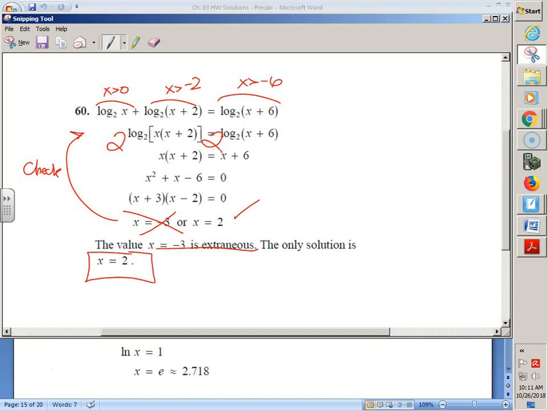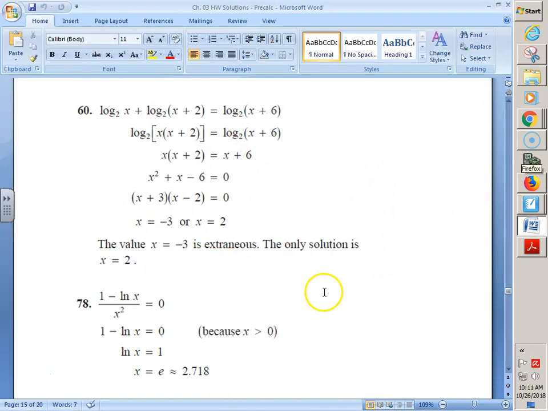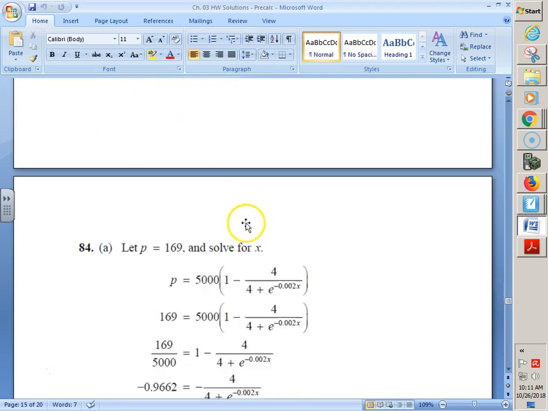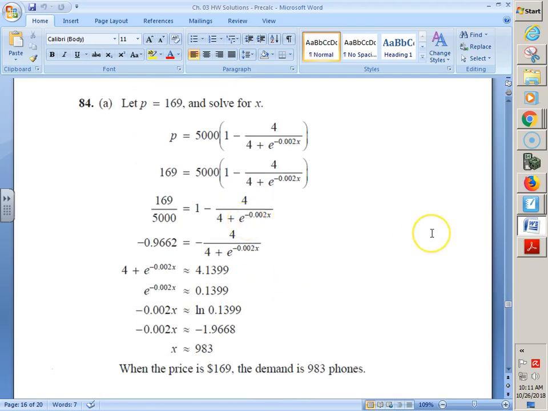Okay, we have a couple more, or at least one more. Some of you guys have already checked it. Where's my cursor? There it is. Number 78. Final answer is just e to the 1. Multiply, the x squared disappears. Sweet. Subtract the 1, divide the negative e to the. And then last but not least,